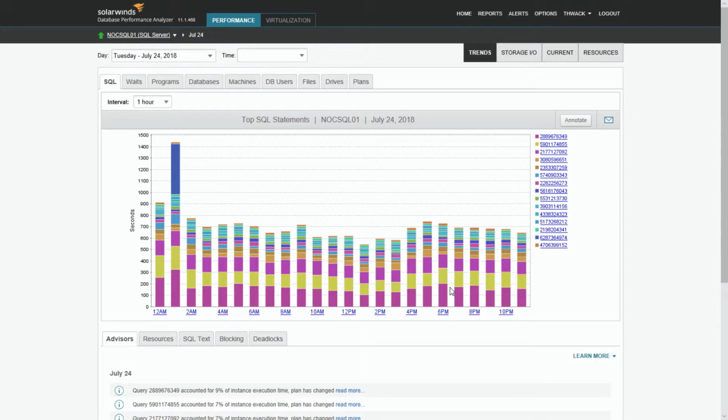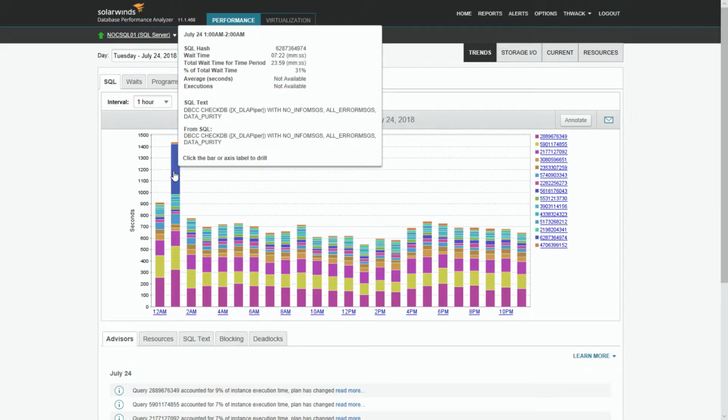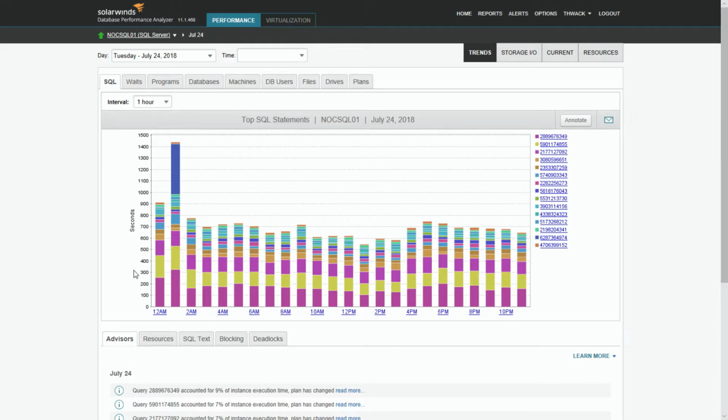Now what we can do here is a couple of things. I'll click on the 24th, and that'll give me a midnight to midnight view of that particular day. You see something odd obviously stands out. This is one of the things I love about DPA, the visualization. Like right away, well, what was different? Oh, it's running a CheckDB. Okay, so I know in my mind I don't really have to worry about that one. But the rest of the day seems very standard, right?